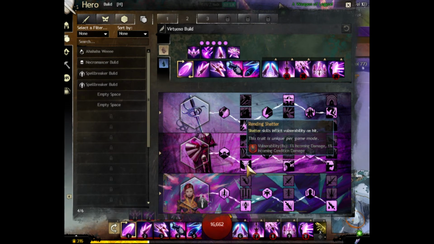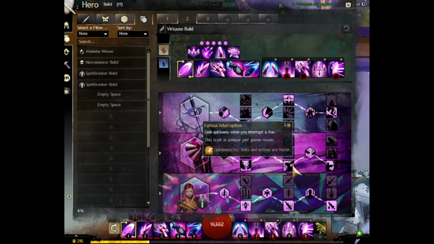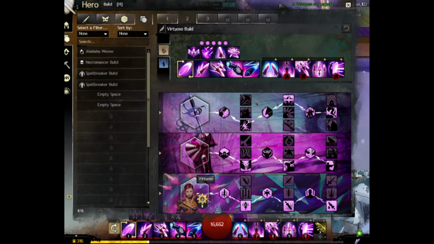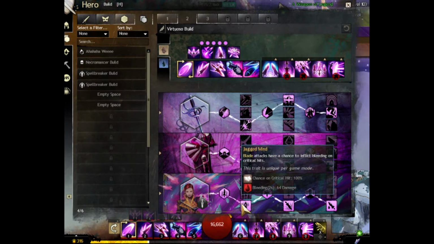Next we have Domination with, of course, Rending Shatter. We have Furious Interruption, which gives you the quickness when you interrupt them. And then, of course, the Power Block, which weakens them and basically prevents them from using their abilities against you. And finally, on the Virtuoso, we have, of course, the Jagged Mind, which is going to give you